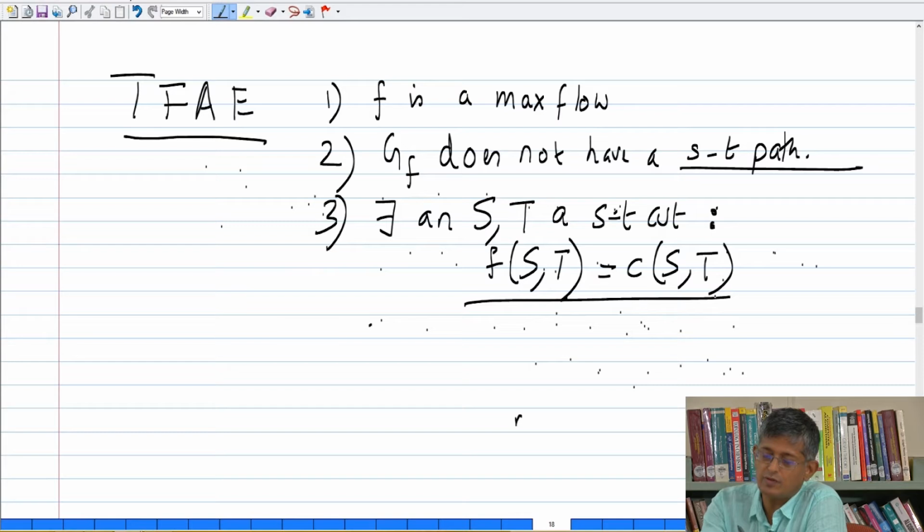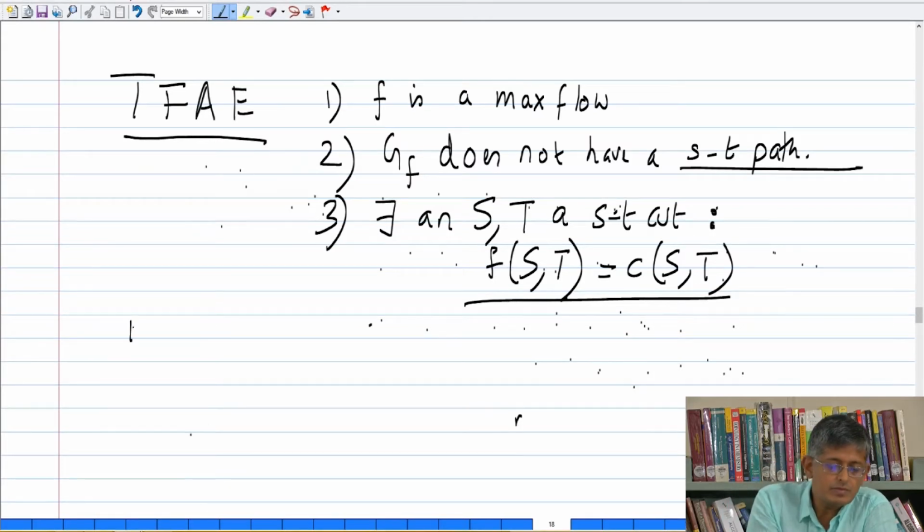What I showed you is that f of s comma t is less than or equal to the capacity. If you have a max flow, one direction you have already proved, 1 to 2 you have already proved. Now I am going to show you 2 to 3. So 1 to 2 is obvious,